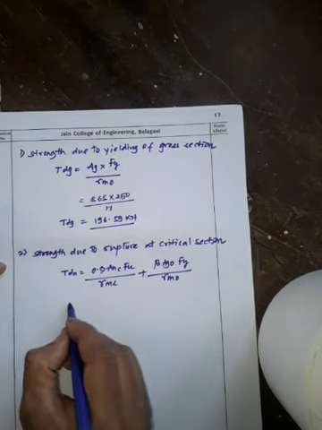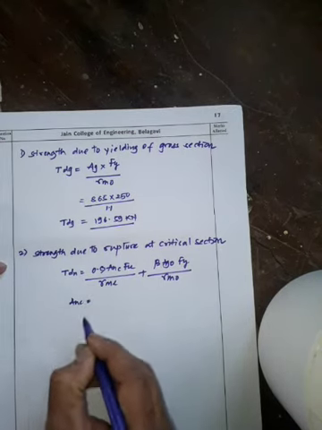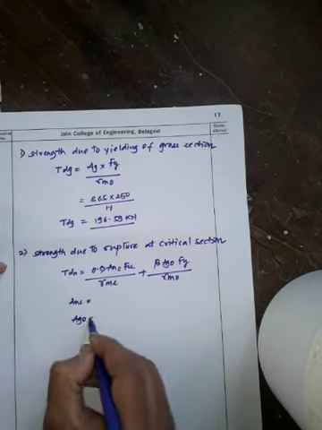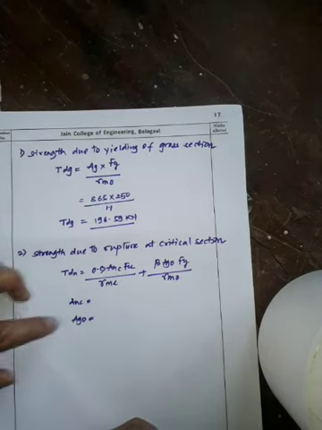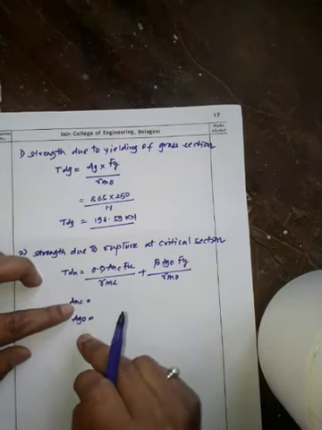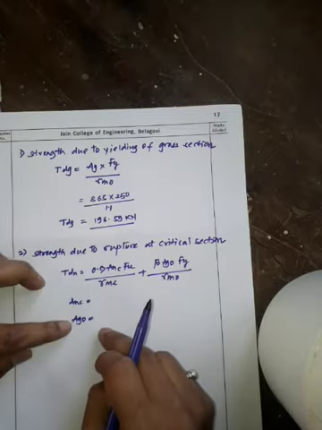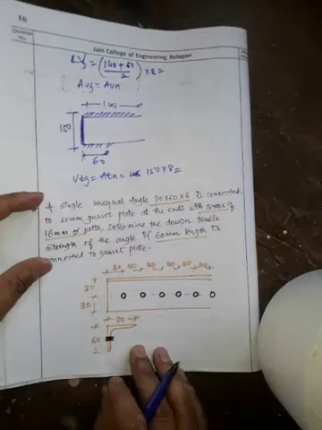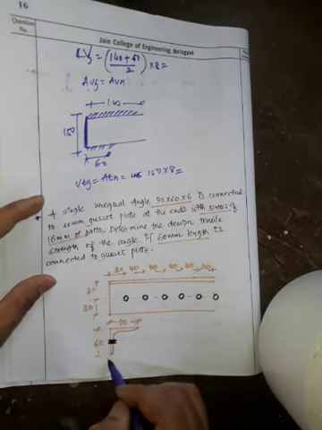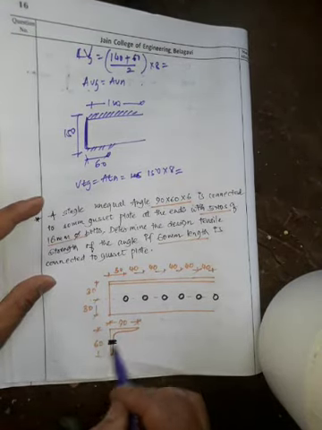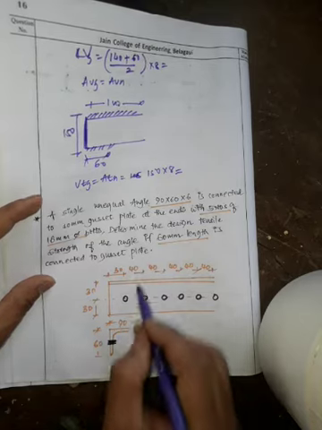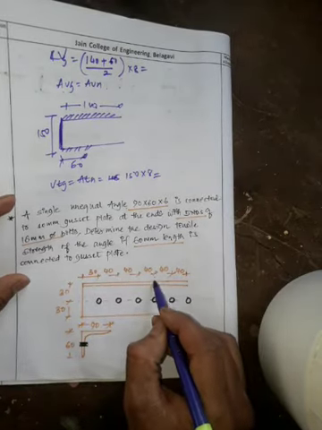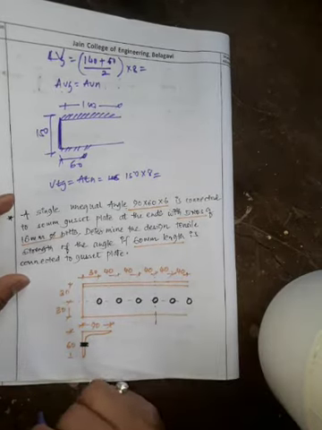So again here the first thing is ANC and AGO. As you know, ANC is the net area of the connected leg and AGO is the outstanding leg. Then if you go back and check, we know that the 60 mm leg is connected to the gusset plate and the 90 mm leg is outstanding. If I consider the critical section cutting through any bolt hole, we can easily find that out.